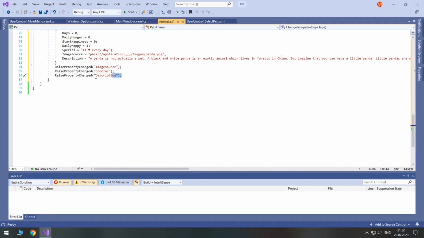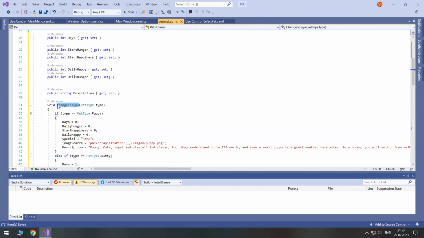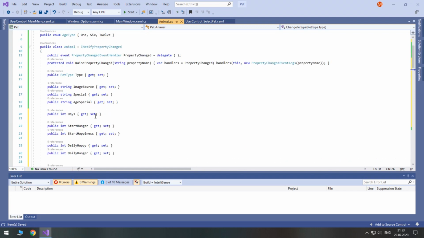All of these 3 properties are used in pet selection screen. So description, image source, and special. Right now we have not called this method yet, and we will not call it outside this class. It will be called automatically when we change the type property here.